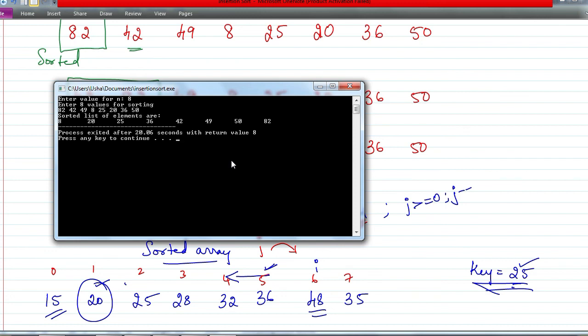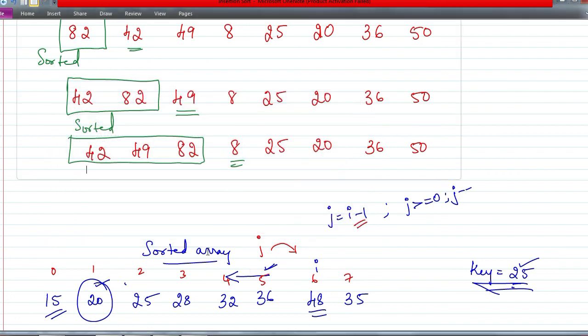So basically what we do is, as I have explained here, we take an element from position number 1. We don't consider position number 0. We consider position number 1, and from the previous element until the first element we keep moving backwards, and every element which is greater than this is shifted to the right side, and once we find an element less than that, it means in the next position the key element should be present. So in the next position we are storing the key element. Very simple to understand and very easy to execute as well. Okay, so this is insertion sort.